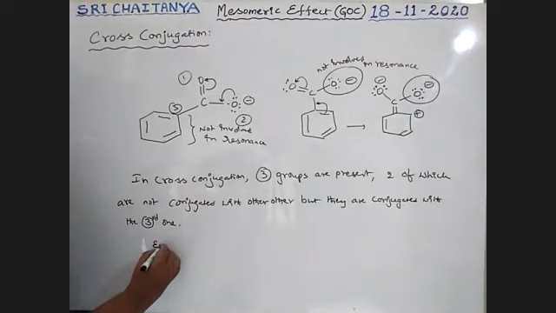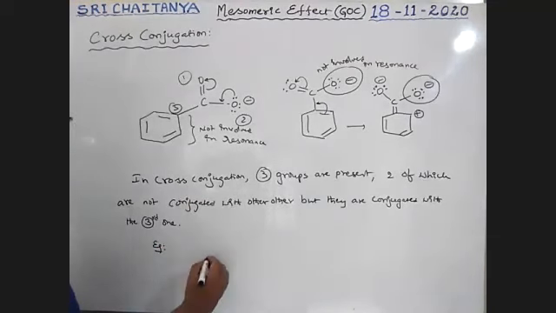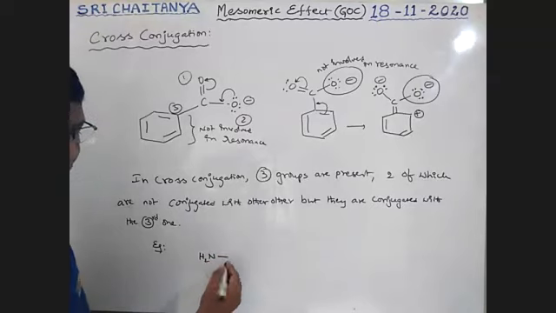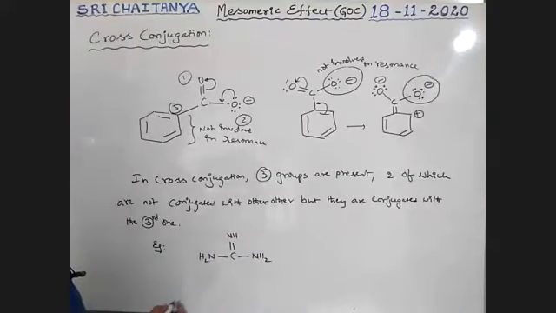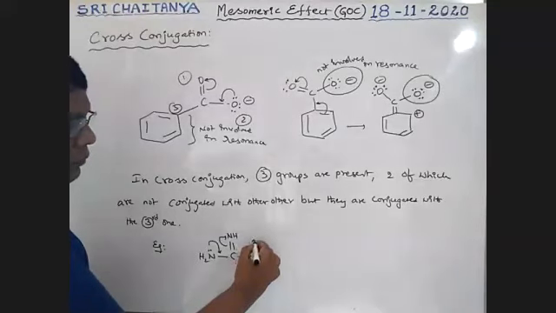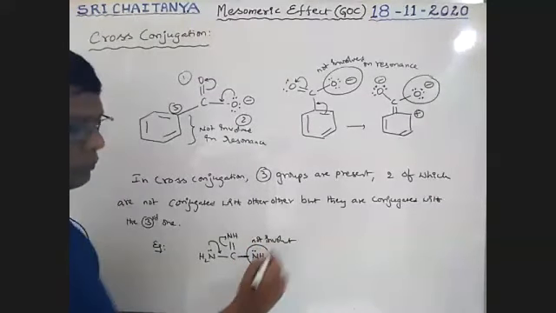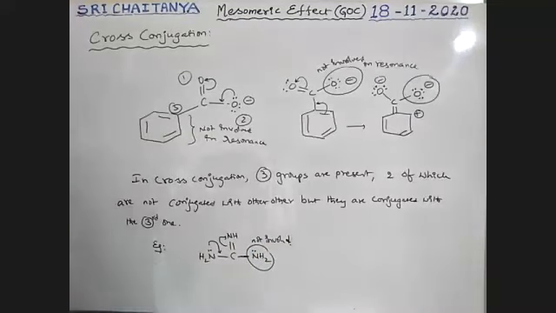See here. Some more examples. That is NH2, C double bond NH, NH2, boys. So this is a lone pair, this is a lone pair. See here. This is possible. At the same time, this is also possible. So either this combination or this combination is possible. Altogether, the total is not possible. It is not involved. This type of conjugation is called cross conjugation.